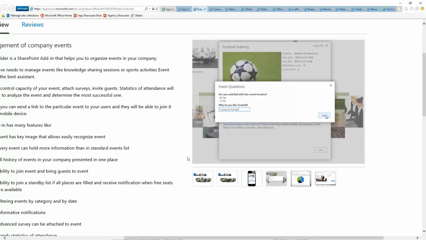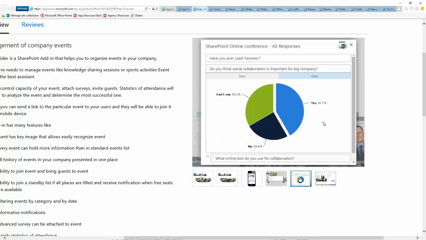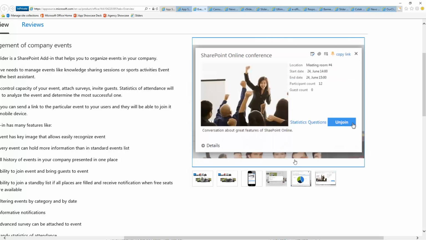Next image we have here is, oh, they do have that survey attached. So we'll figure that out. Okay, so again, here's showing the results. I wonder if they're just using an out-of-the-box survey list. No, it looks like they're using something with a spreadsheet. So that was that one. And the last one here is,